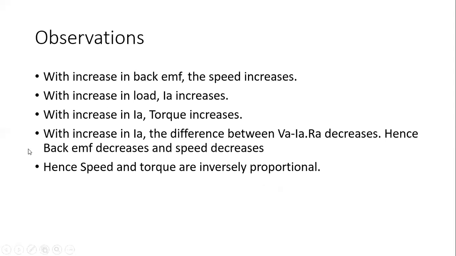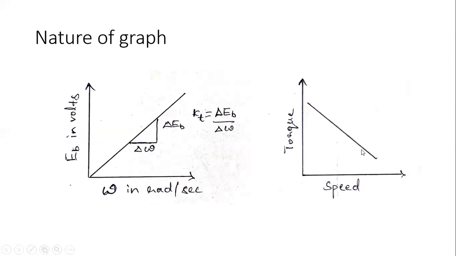And as we have developed the relationship, the speed and torque are going to be inversely proportional, which means that with a low value of speed, the torque is going to be high. And as the value of speed goes on increasing, correspondingly, the torque is going to reduce. So this is the relationship that exists between torque and speed for the DC servo motor.